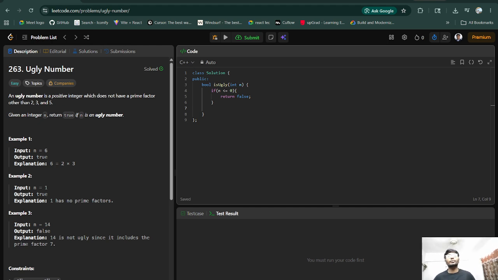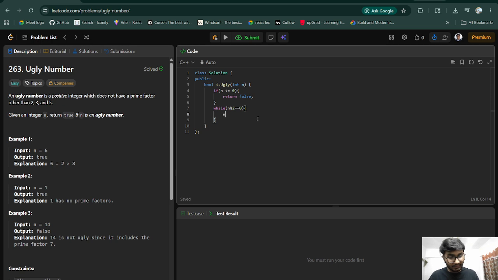Now we are going to run 3 while loops, and inside them we will write the condition for dividing it by 2, 3 and 5. So let's write a while loop, inside which, while n modulo 2 equals 0, then what we need to do is n equals n divided by 2. So this is our condition for checking if the number is divisible by 2 or not, and then we will do the same for